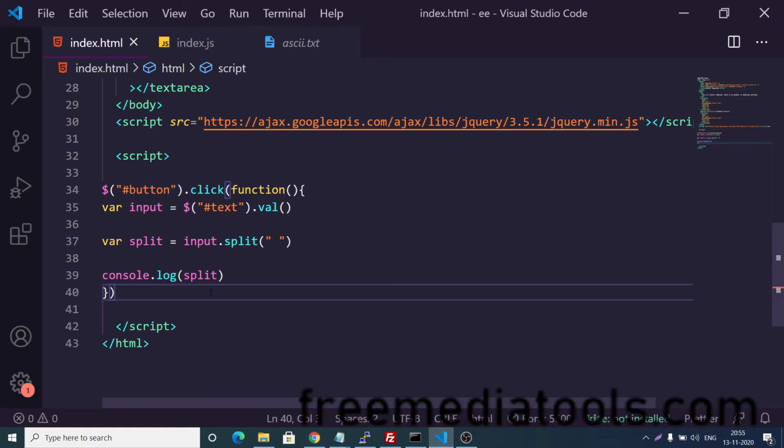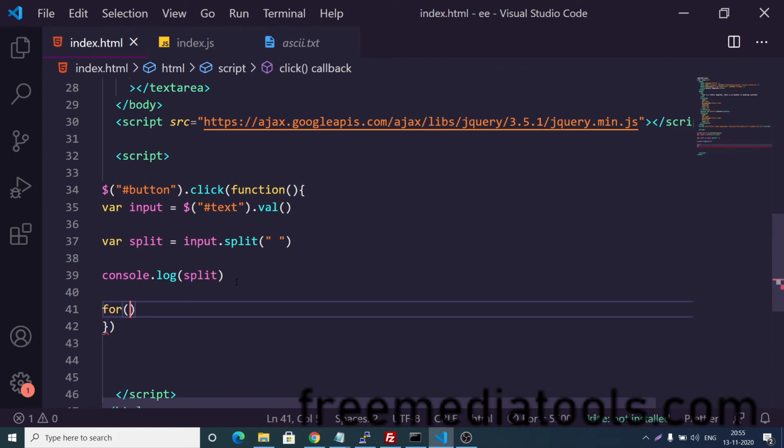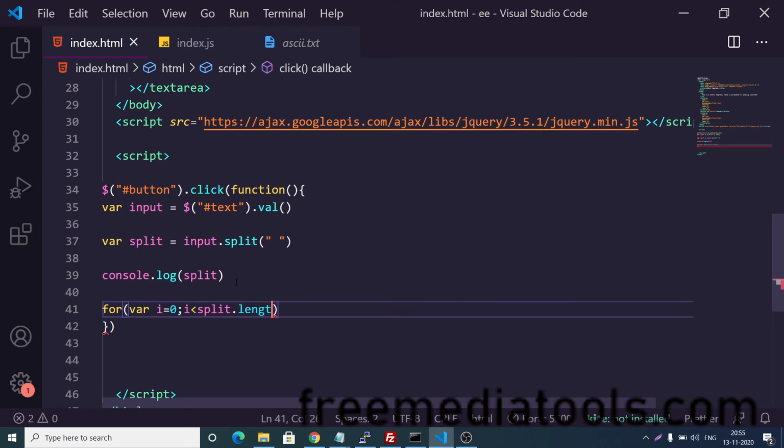Now to do this, we can use a simple for loop, as this is an array here. So we can simply apply this loop where i is equal to 0 until split dot length. In order to calculate the length of the array, we can just use split dot length, i plus plus,